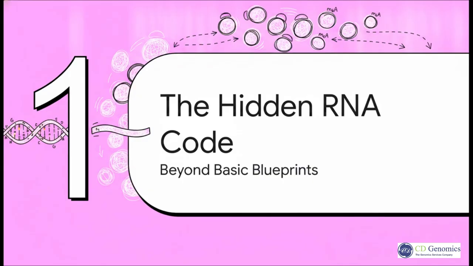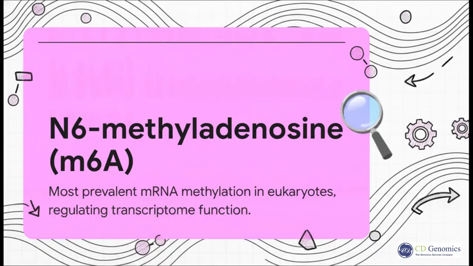Section 1. The hidden RNA code, beyond the basic genetic blueprint. You know that genetic code we all learn in school, the standard A, C, T, and G of DNA, and how they transcribe into messenger RNA? Well, turns out that's really only part of the story. There's this whole other layer of dynamic regulation happening right on top of those basic blueprints, and it completely transforms